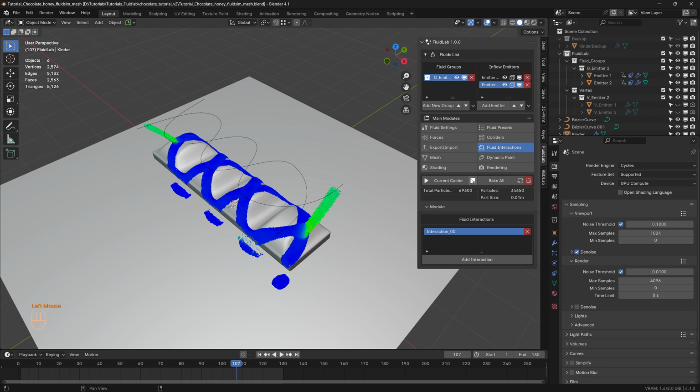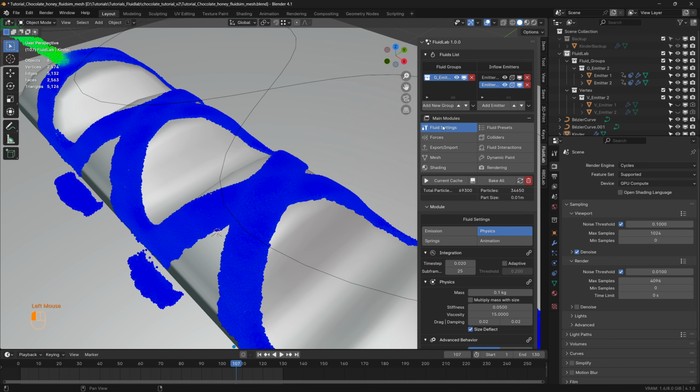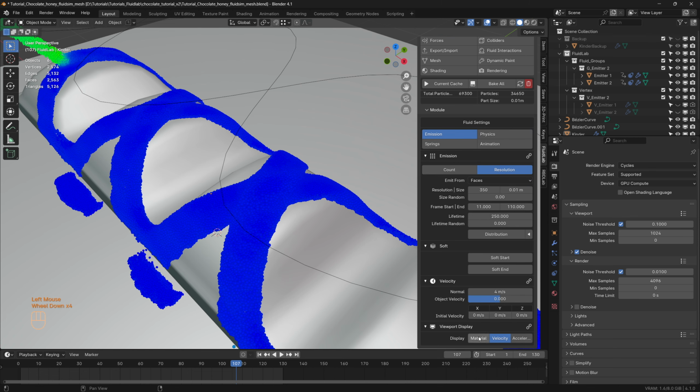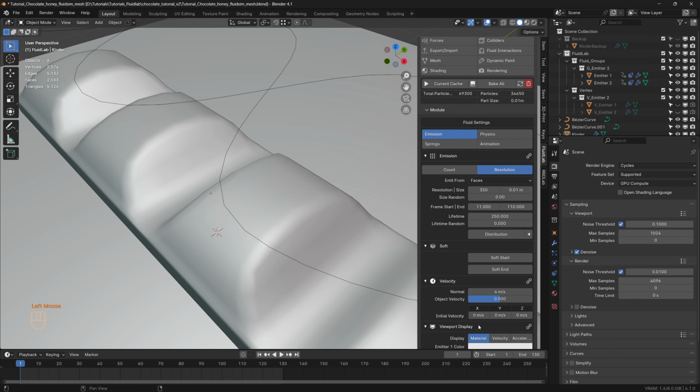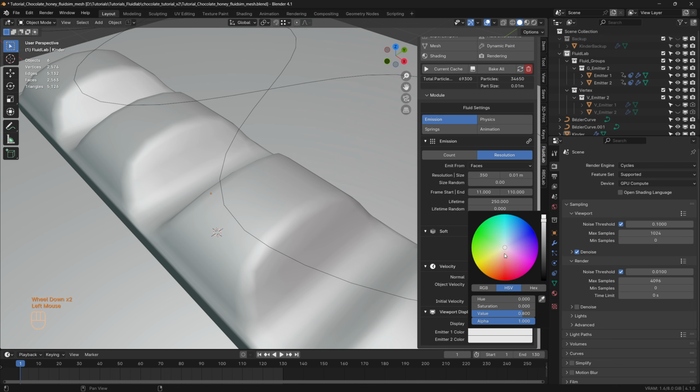Now let's press current cache to bake. In order to better visualize the fluid interaction, we can change the viewport color of the fluid particles of each emitter. So let's head to fluid settings and then to emission. Here under viewport display, let's get to material. Now here, emitter 1, let's give it